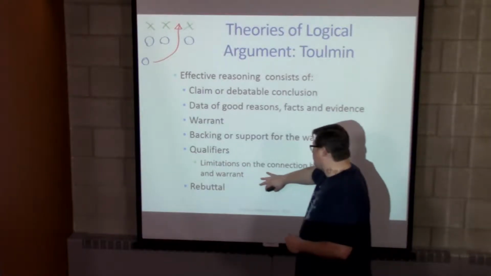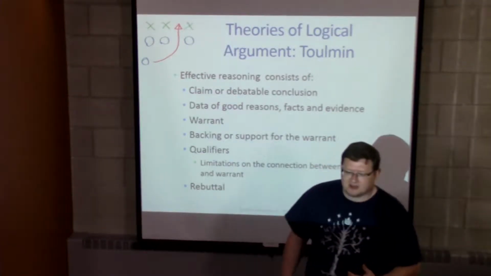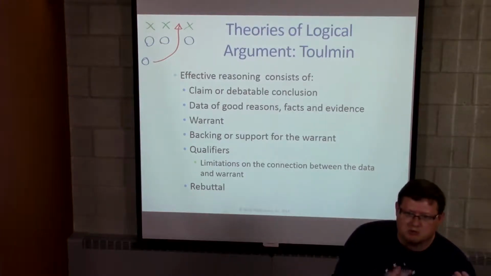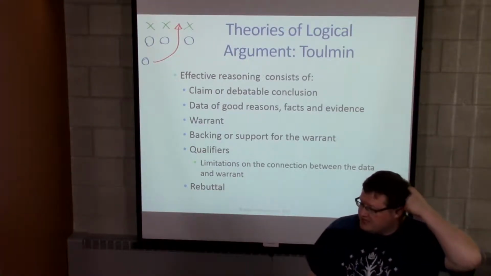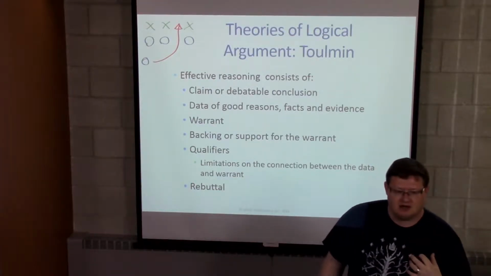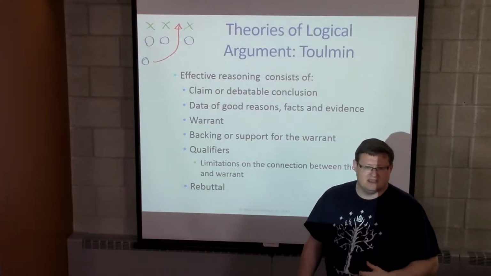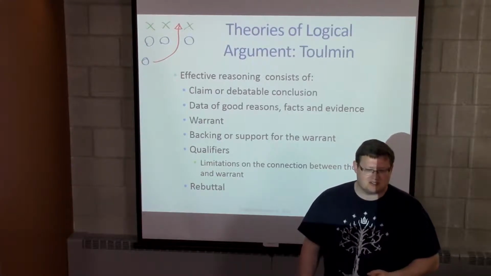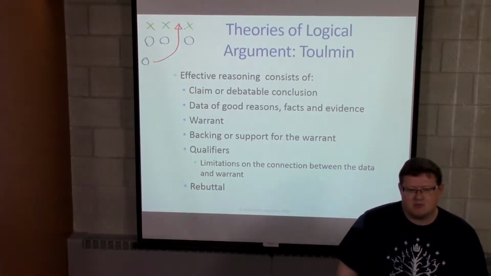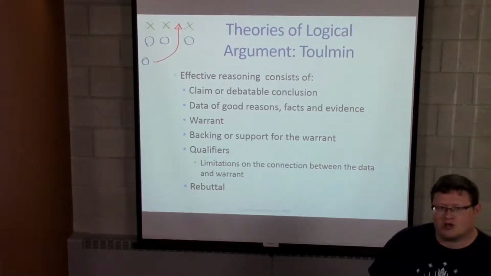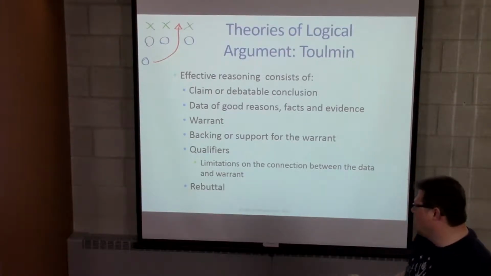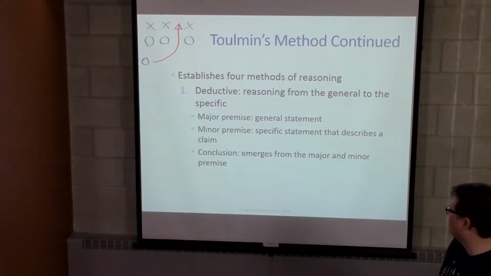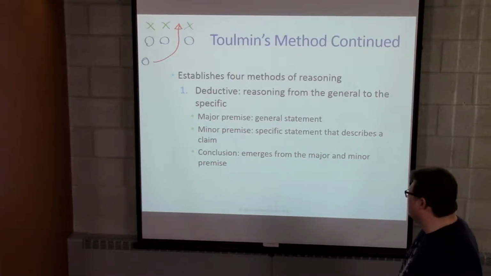Qualifiers, I think, are extremely important because sometimes we make qualifiers. I think this is probably true, where it may not be totally true. The idea of certitude is predominant in society, especially amongst our politicians. They're certain that things are going to happen. But we often will couch our arguments that something probably will happen because we're not totally sure of what's going to occur. So you can take a look at Toulmin's method even further.